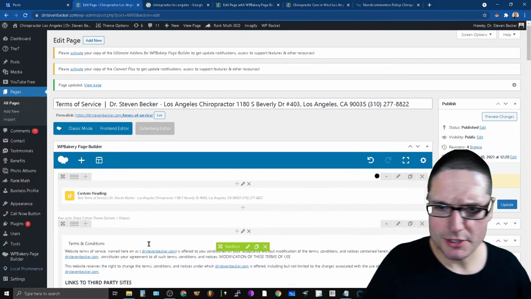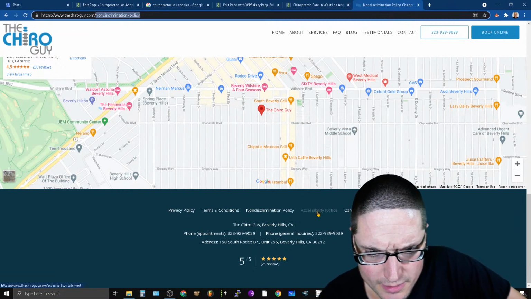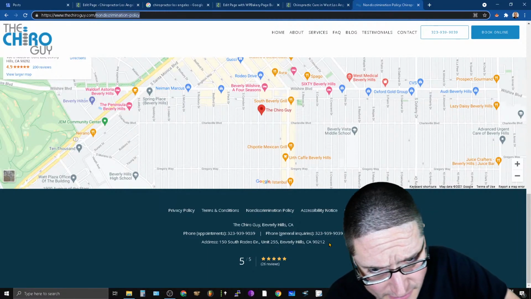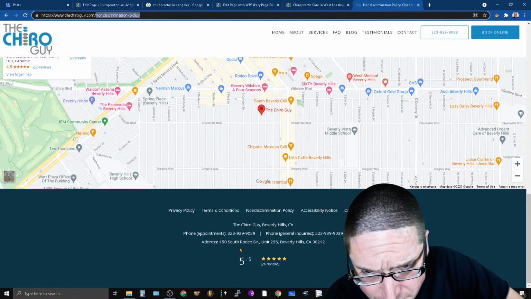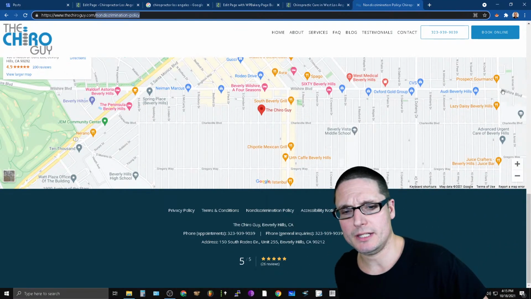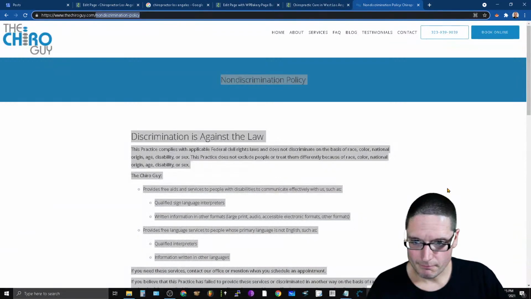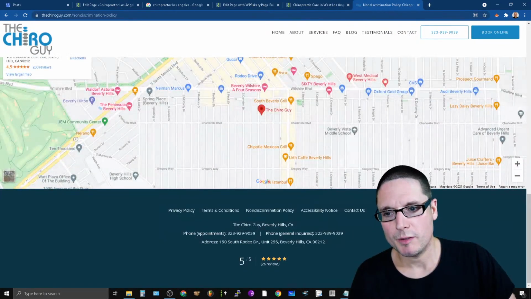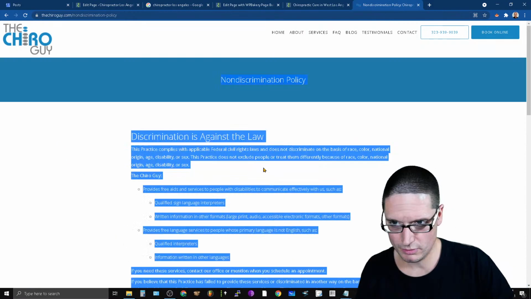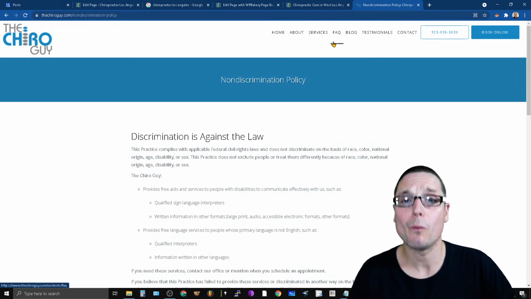All right, so 1, 2, 3 pages are done. Let's go double check something here. We took care of privacy, terms, and then accessibility. I think we have the accessibility, if I'm not mistaken. And then we have our clear. This guy followed the rule book. It looks to me like this is a template. He probably paid a service provider to do this. I'm not sure of this, but it's probably somebody that does this and it's already templatized. And I'm sure this site, he probably paid out the wazoo.